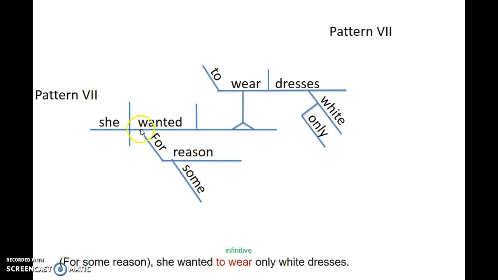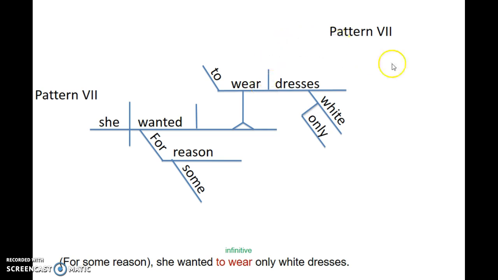Skipping to the main part of the sentence: she wanted, subject, action verb. She wanted what? She wanted to wear. So we have an infinitive form functioning as the direct object noun structure, so we put the pedestal in the direct object slot. And again, we diagram it like we do a preposition, with the to here and the verb here, and to wear